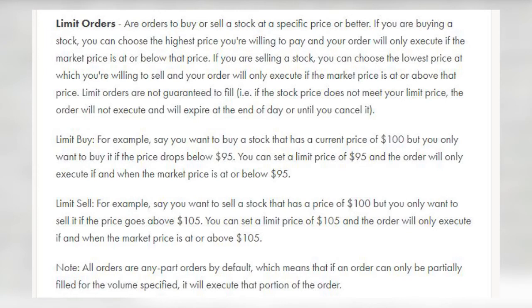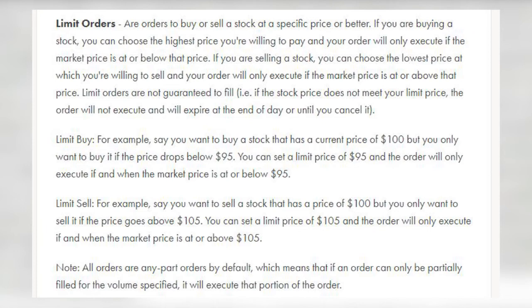As the Wealthsimple site further down explains, limit orders will only execute based on the specific share price threshold that you provide. So you either provide the lowest you're willing to sell for and the trade will execute only equal to or above that price, or the highest that you're willing to buy for and the trade will only execute below or equal to that price. So with limit orders, you protect yourself from volatile prices because you set the prices yourself.